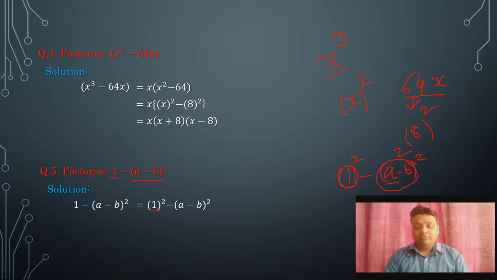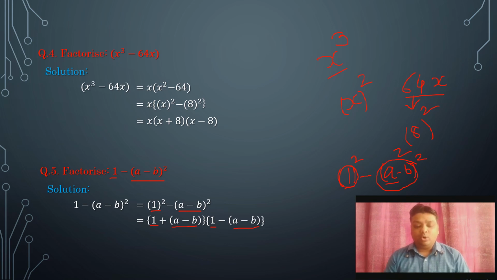Now whole 1 is a and a minus b as b. So a square minus b square is what? a plus b and a minus b. But here you can see b is a binomial, so we can keep it in a bracket also. Then we will use middle brackets also. It means we can write (1 plus (a minus b)) (1 minus (a minus b)).